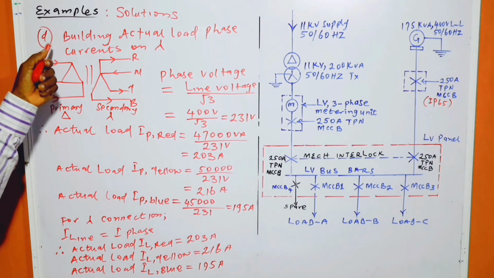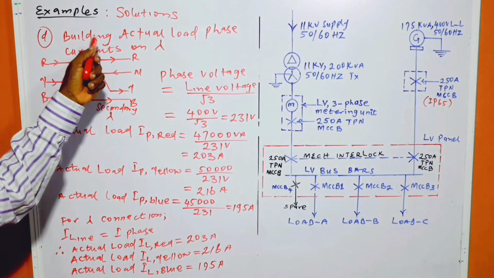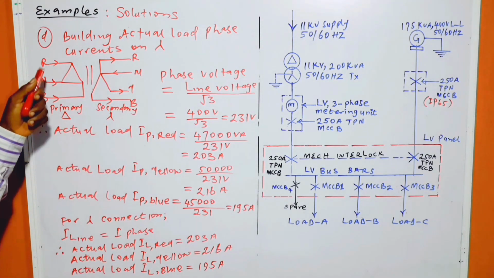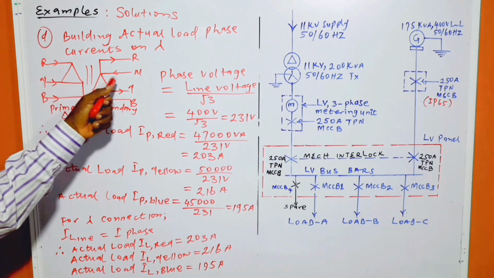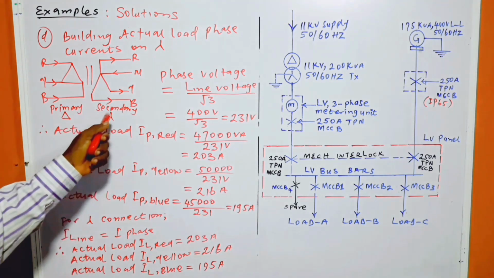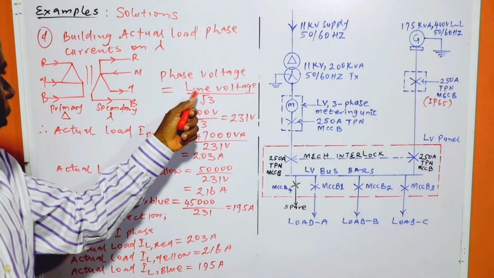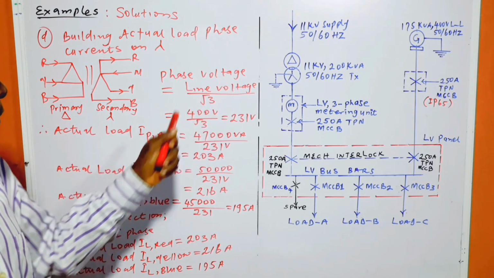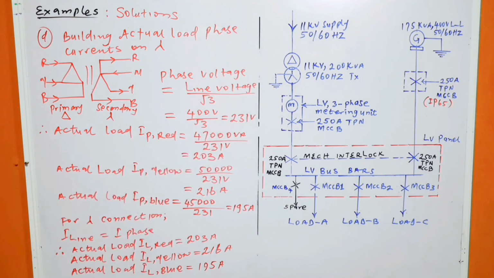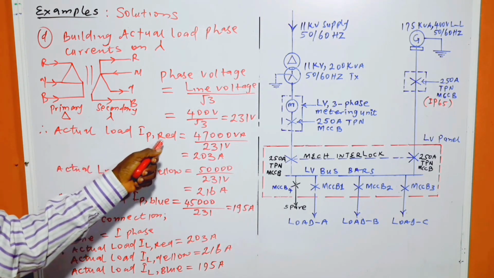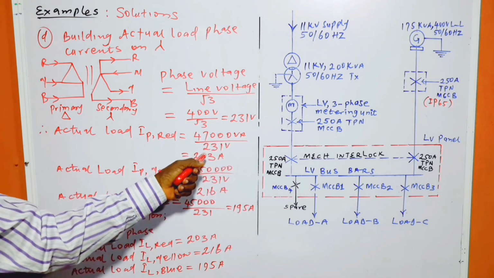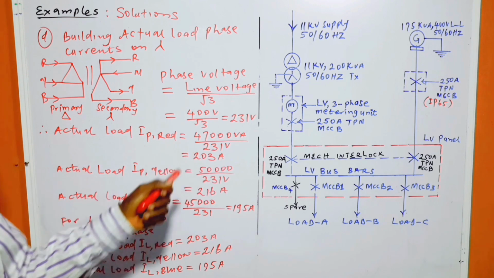Reading, the D part question is meant to be building actual load phase current on star. Alright, so we have this. This is the delta side, which is the primary side, and the secondary side being the star side. Now, phase voltage is equal to line voltage divided by √3, and that one gives us 231 volts. So now, actual load red phase current is equal to 47,000 VA divided by 231 volts, which is equal to